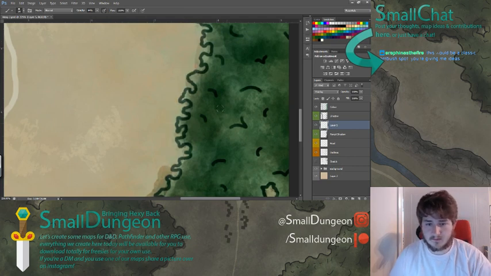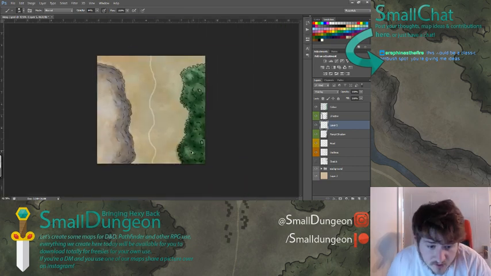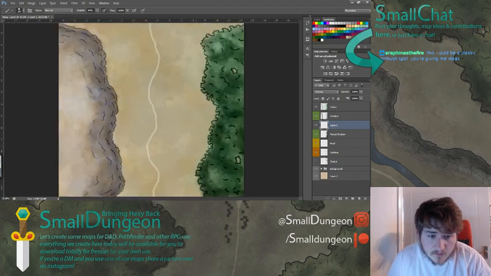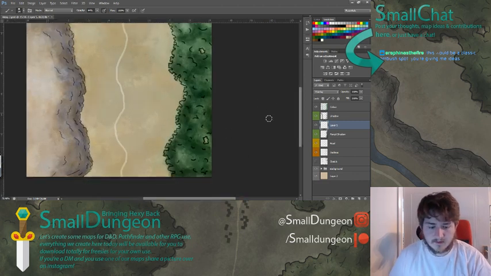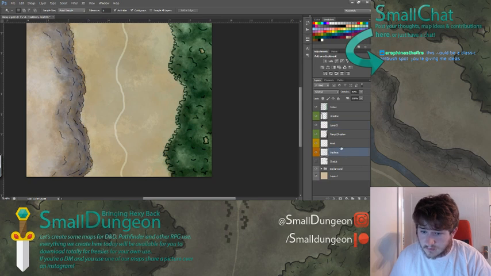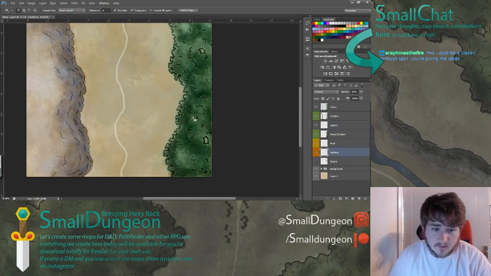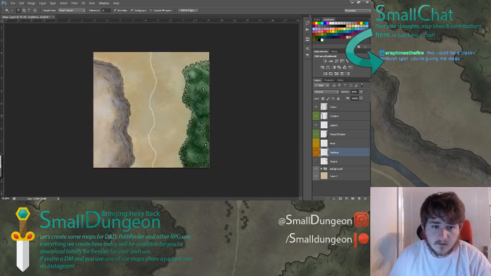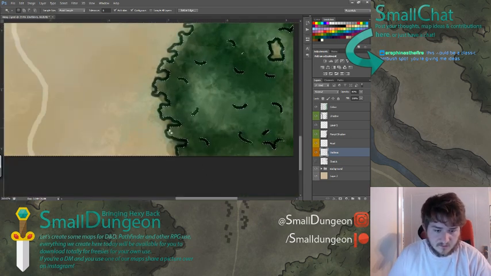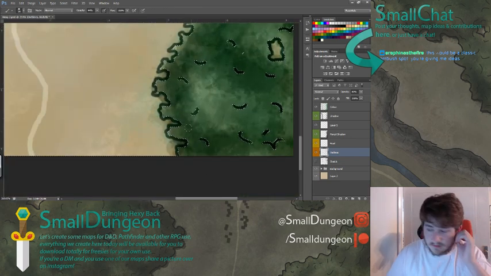In fact, let's use our noggins, shall we? And on this outline, perfect. So if we select the inverse of that, then we can shadow